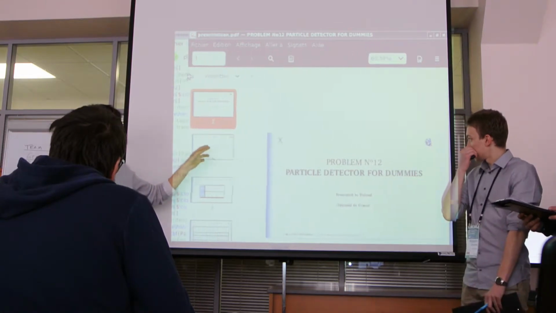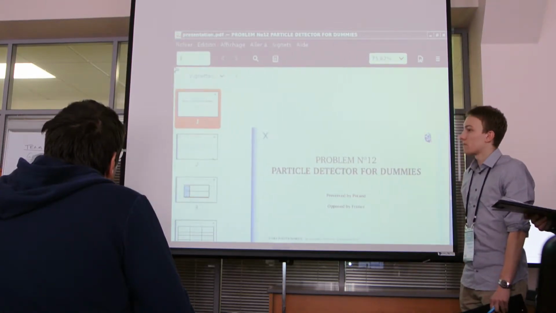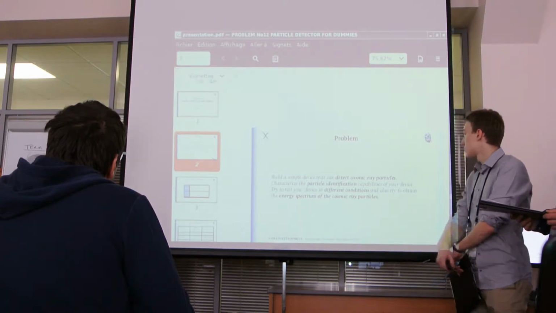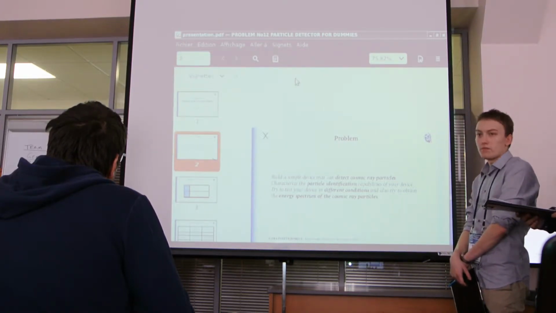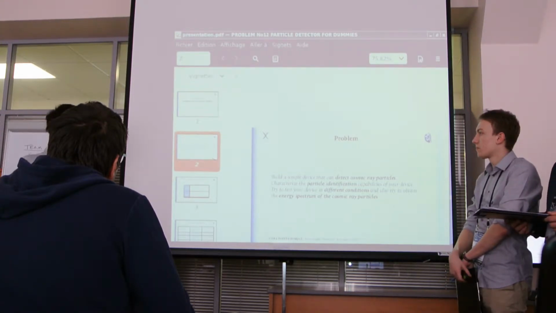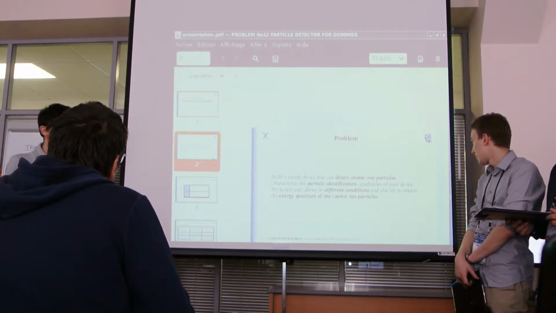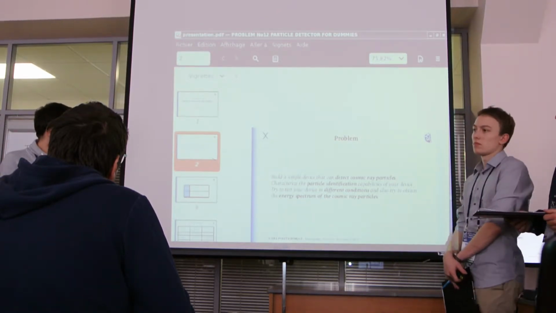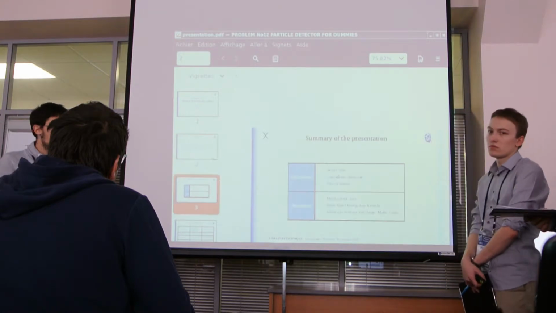As a reminder, the problem wanted us to create the most simple cosmic ray detector able to identify some cosmic ray particles and also to measure their energy. So, for the summary of the presentation,